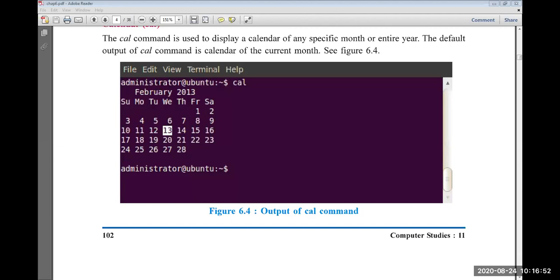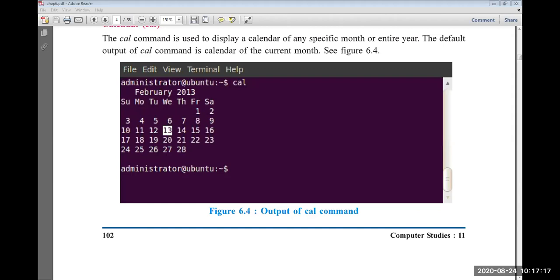So we are just trying other commands also. Bash is also. Okay, now let us see about cal.